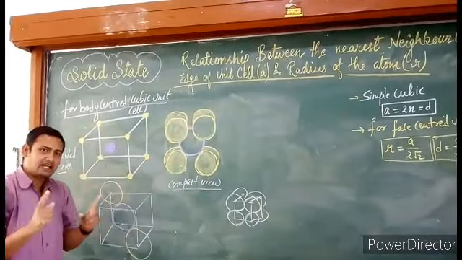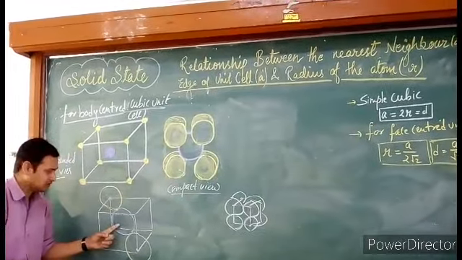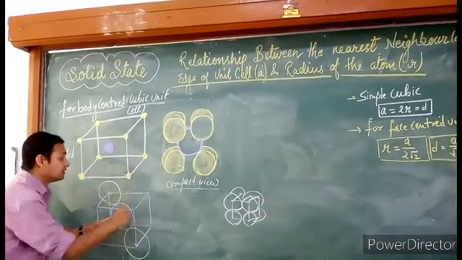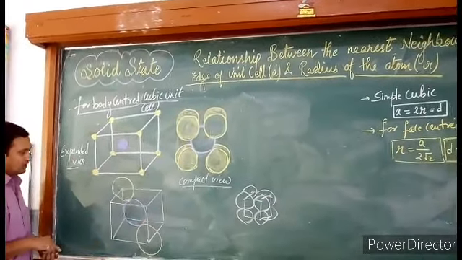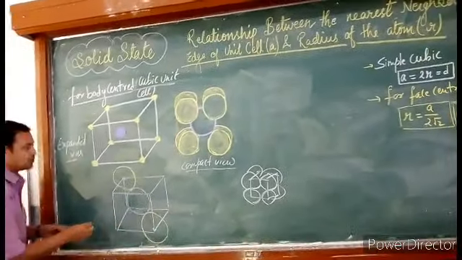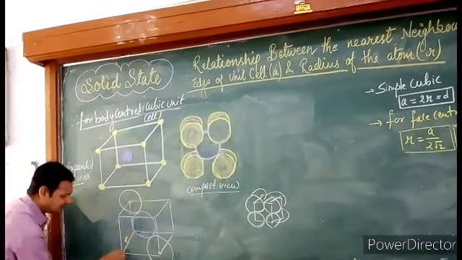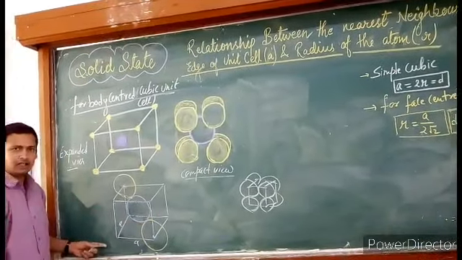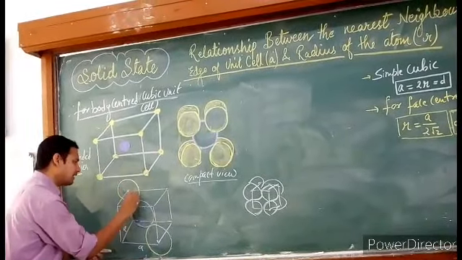The atom which actually connects with other atoms is what? The central atom, which is at the center, connects with this atom, this atom, and this atom. Now, suppose we take the edge length of the unit cell as a. It is a cube, so every edge will be a. And the radius of the atom, suppose we assume to be